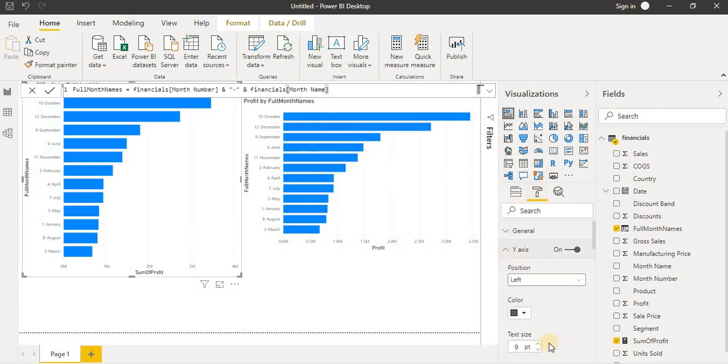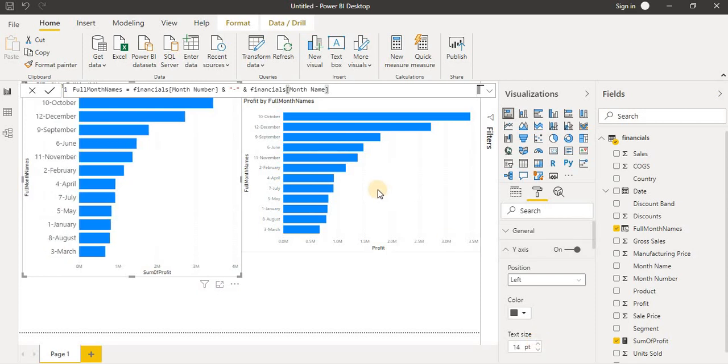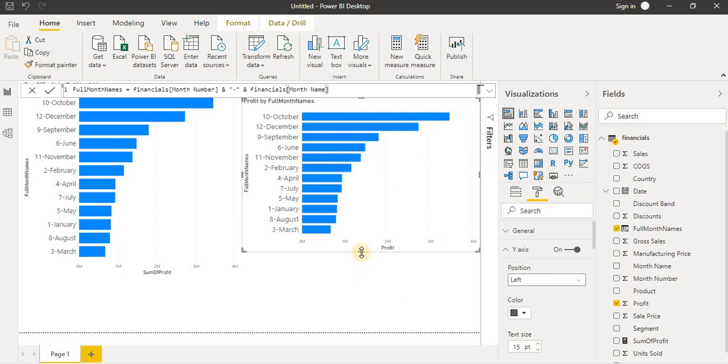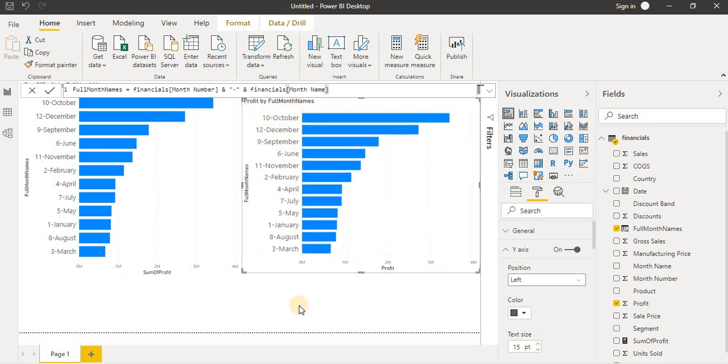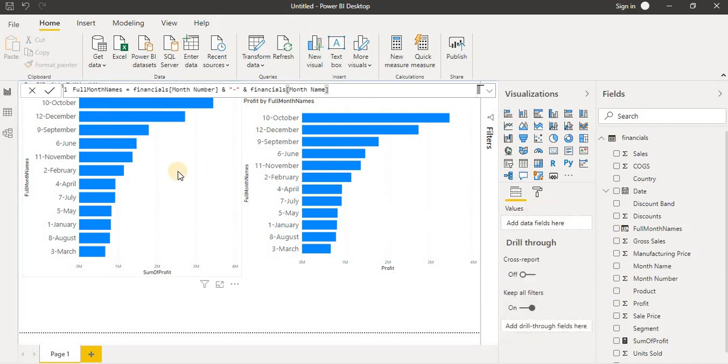Now we can do the formatting, like we have already seen how we do all these operations in the Power BI visualization, where we have learned many things. So we are looking at how the month name is showing. Suppose I want my visualization based on the sum of the profit, then we can go with that calculated measure column.